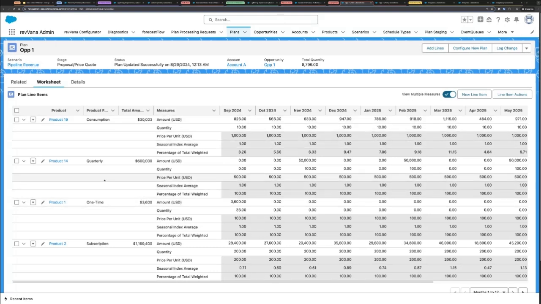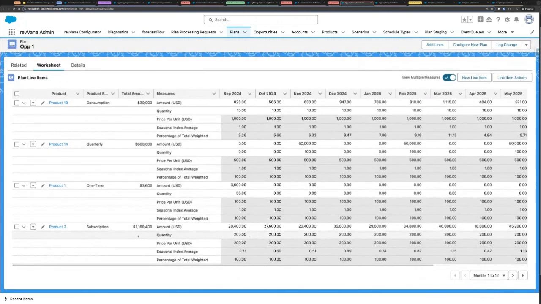This would be different from other families like quarterly, which is once a quarter, either beginning of the quarter or end of the quarter. It's all configurable to one time or standardized SaaS revenue, which can take seasonality into account. So a lot of this is configurable and can be optionally wired in.